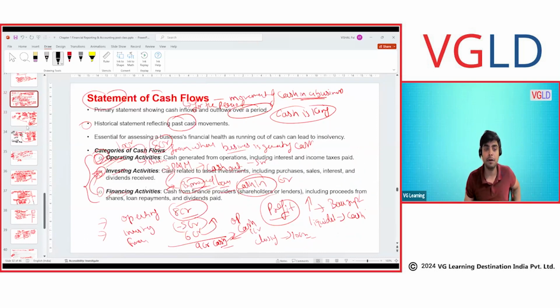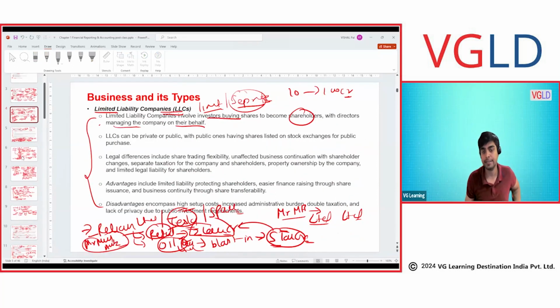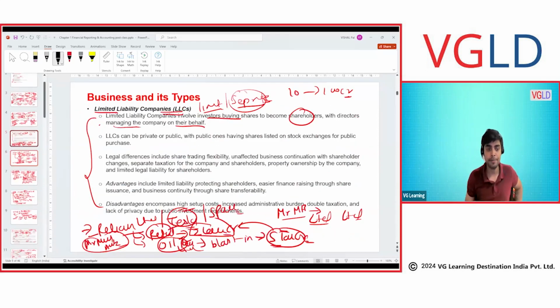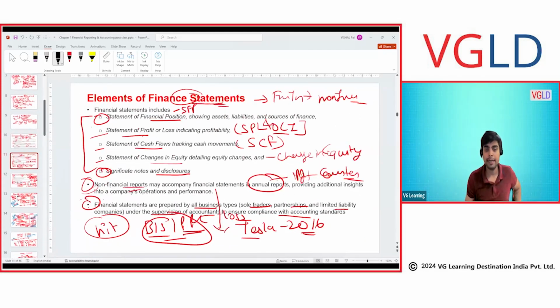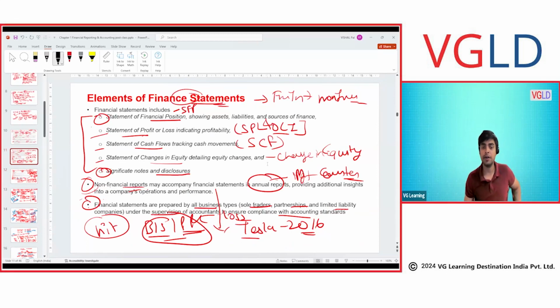All these basically elements of financial statement we have covered. Now we will be covering the components of the financial statement. Let's say what is non-current assets, what is current assets. Any doubt, anybody? We have covered these components: balance sheet, profit and loss, cash flow, changes in equity. Significant notes and disclosure you will learn over the period, not at the knowledge level, but at the skill level. You need to understand what is accounting standard, what is IFRS, and what disclosures and notes they require.